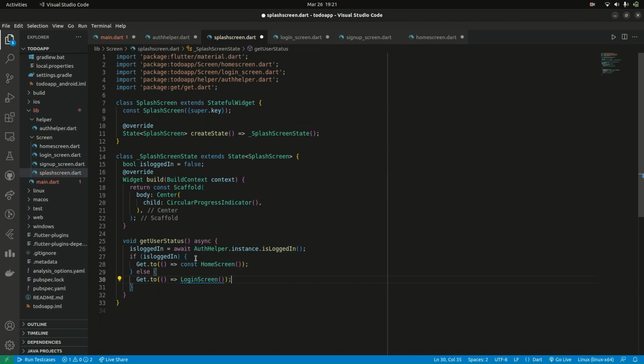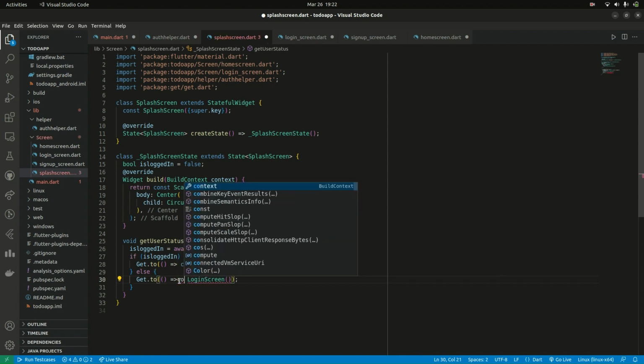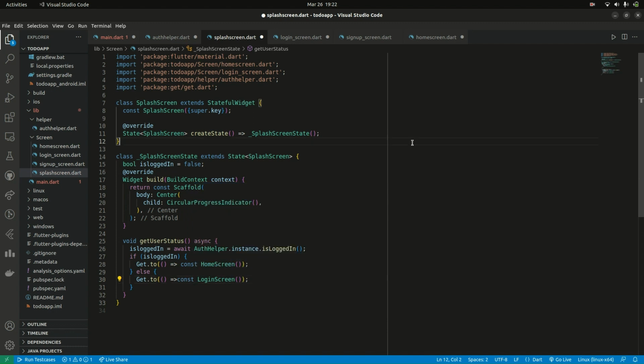So basically what this code is saying is, if the user status is logged in, we will directly send them to the home screen, otherwise they have to log in through the login screen. Make it const. Okay,